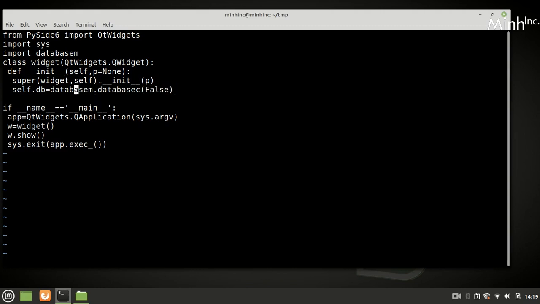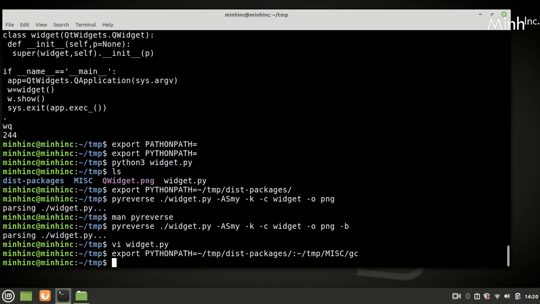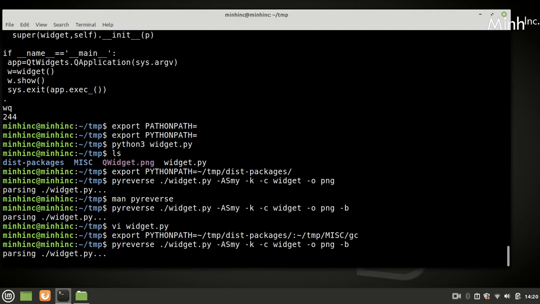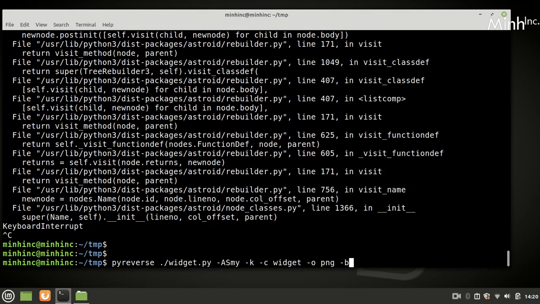Now I'm putting it inside init, and in the Python path we would give this path also, temp misc gc, because the package is here, and we'll try again the same command. We won't do b.